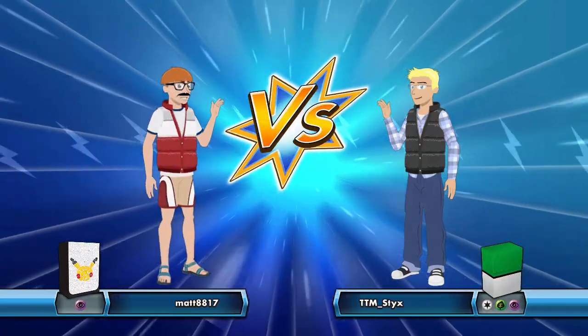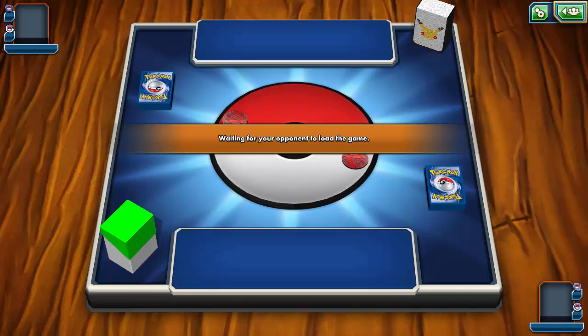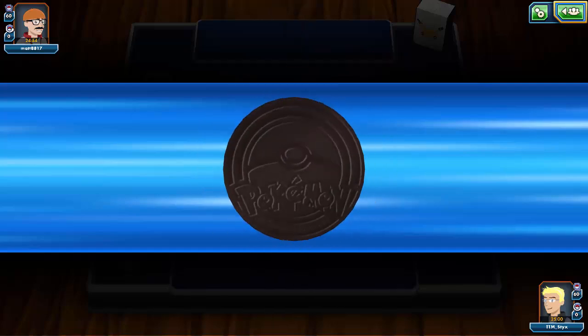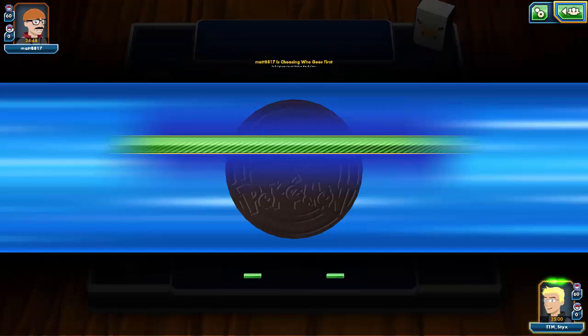Alrighty, we have found one against Matt8817 with a Psychic deck, so this might be a Mega Mewtwo and Garbodor deck, which could be kind of problematic to face. I mean, depending if they are able to get a tool onto the Trubbish before we are able to get our Vileplume out, and they do get to go first, so that means...